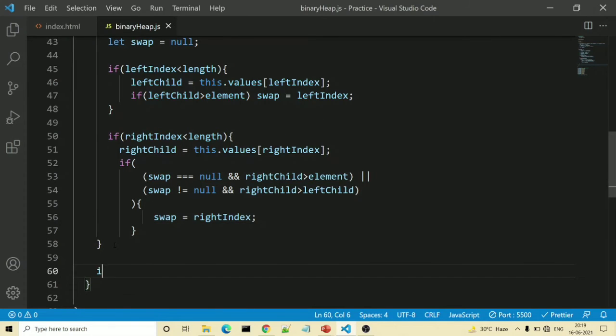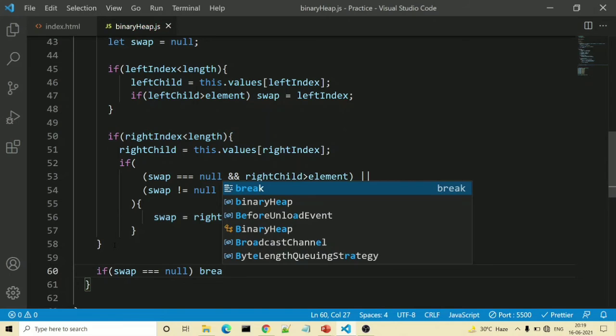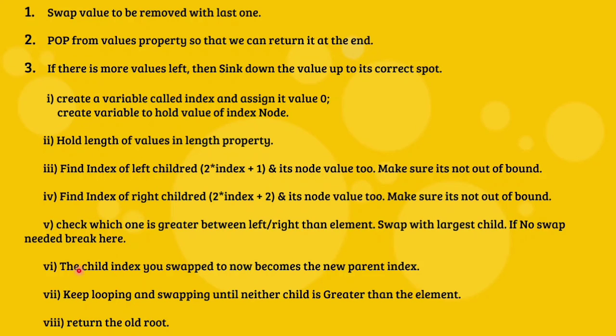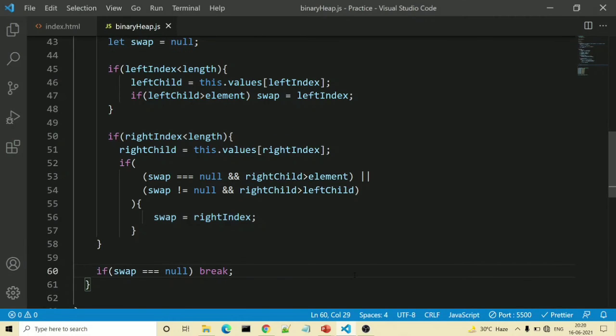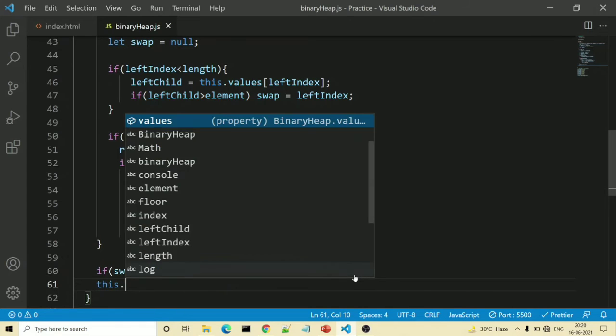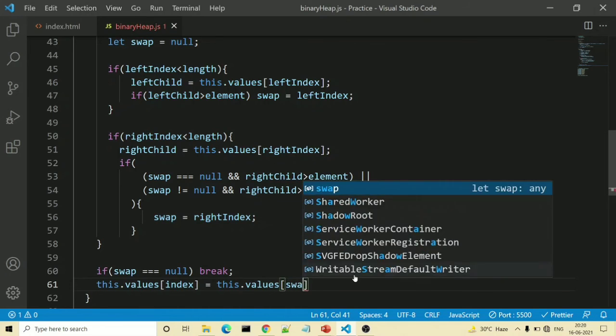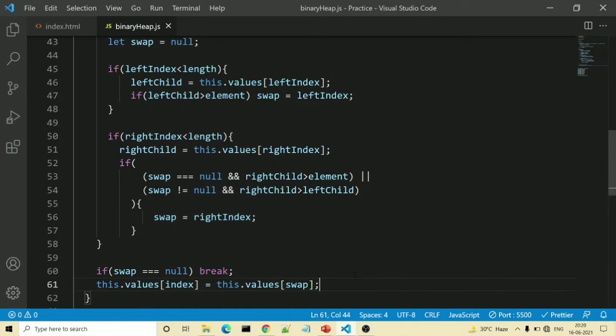If no swap is needed, break there. So, and here we will check if swap is equal to null. In that condition, we will break. Correct? And then it is saying the child index you swapped to now become the new parent index. So, we will write this dot values in the bracket index is equal to this dot values in the bracket we will write swap, and swap is holding the index with which we want to swap our value.